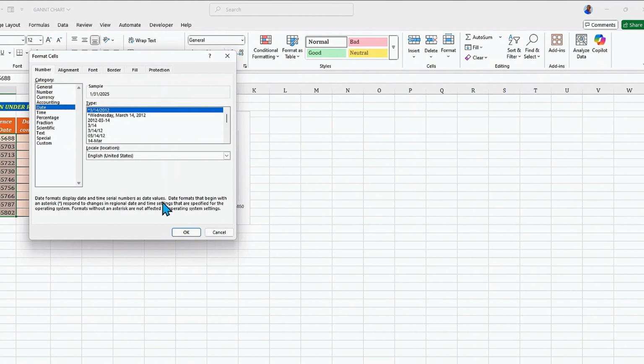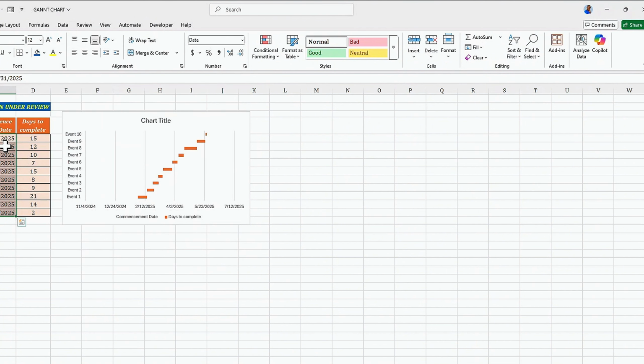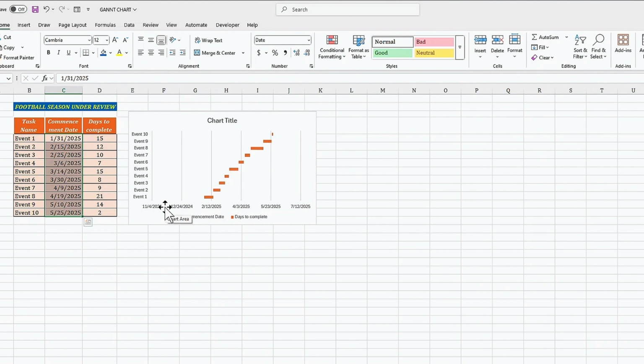So click the date and simply click on OK. So now our date has been restored from the general format back to the date. So now we are done with that. What's next now? The next thing, if you look clearly at our chart, you can see that the event